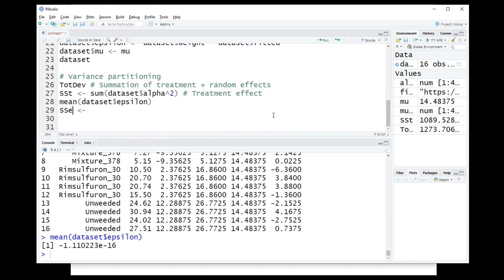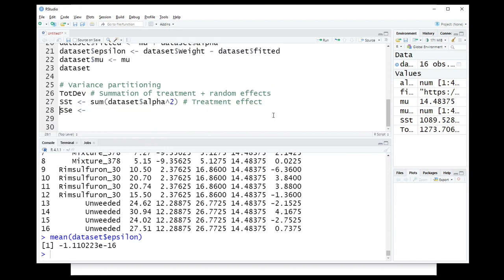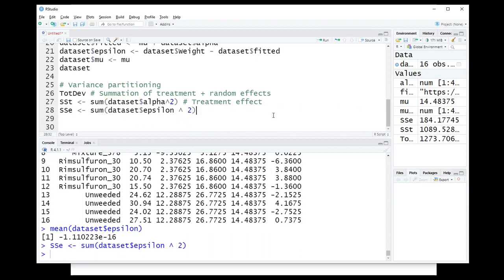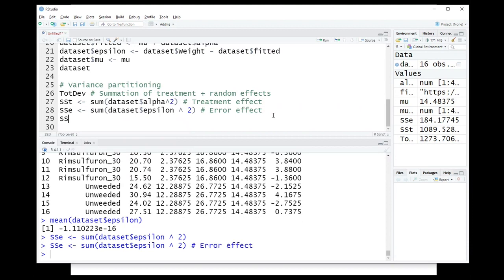So again, we can calculate the sum of squares by summing and squaring the epsilon values. This would be the error effect. That's the overall error effect, and it's equal to